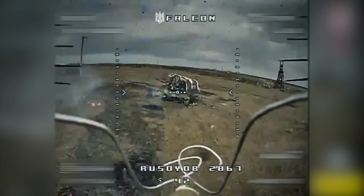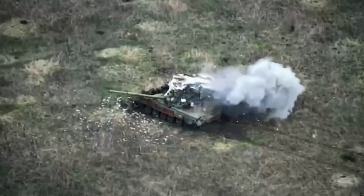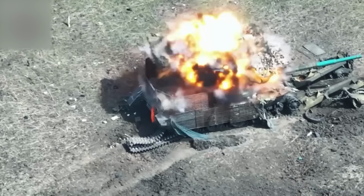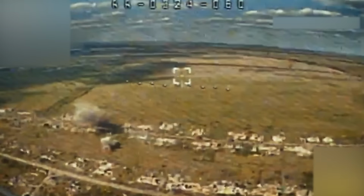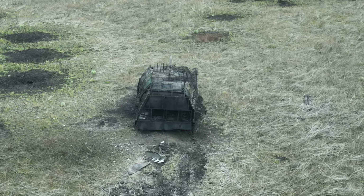The reason drones can approach equipment with EW systems without interference is the signal range. Ukrainian forces operate on a wide range of signals, selecting frequencies that the EW systems cannot jam. In this video, you can see the successful operation of a new development by Ukrainian forces, a homing drone. You can see a square that captures and locks onto the target. Even if the Russian EW system disrupts the drone's communication, it will continue to stay locked on the target and eventually strike it automatically. The turtle tank will be reduced to a heap of burnt metal, as you can see